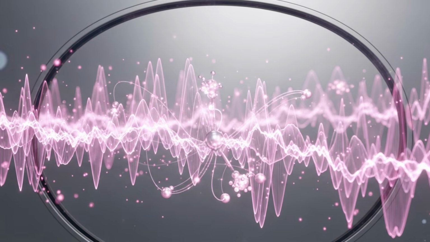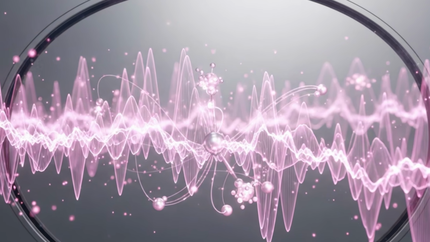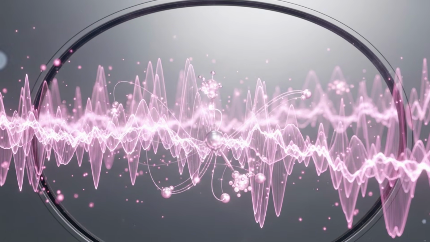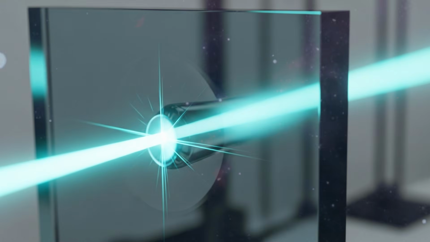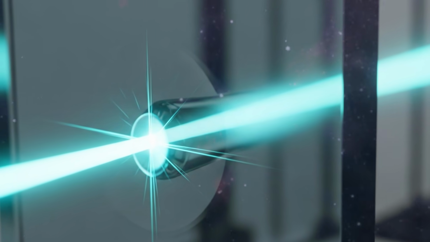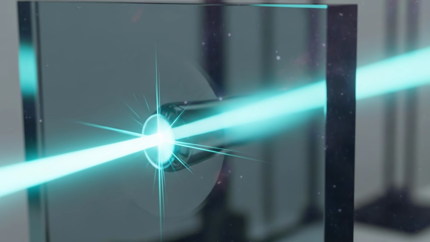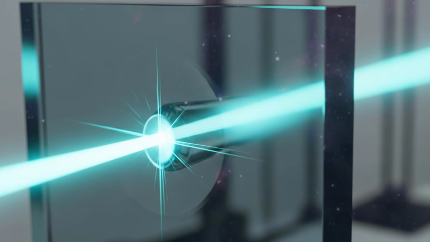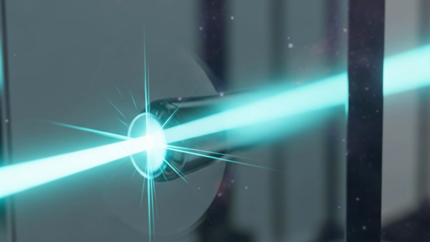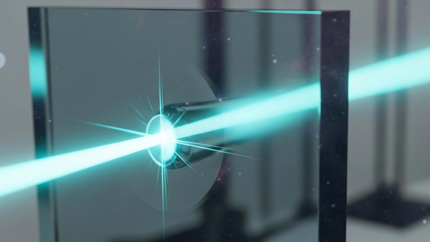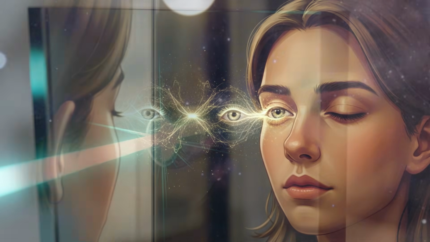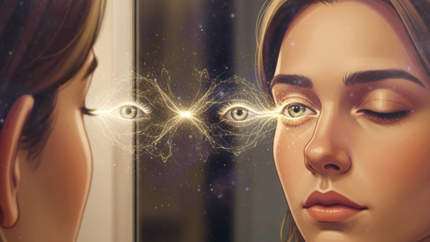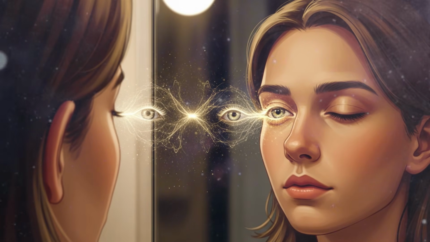The primate brain contains a special class of cells known as mirror neurons. These neurons fire both when an individual performs an action and when they watch another individual perform that same action. These cells are thought to be foundational for learning through imitation and understanding the intentions of others. They allow us to mentally mirror the experiences of those around us, creating a bridge between different minds.